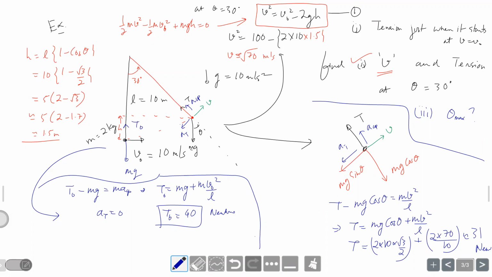So with that information beforehand, we know that our theta max is an acute angle. So how to find that theta max? What is the condition for reaching the maximum displacement? That the instantaneous speed should become zero. Then it will return. So use that and see what the theta max is.